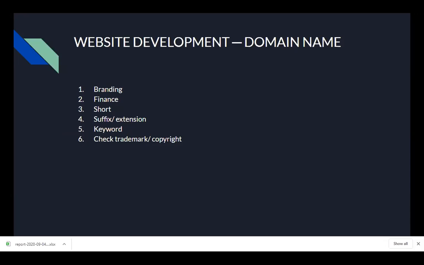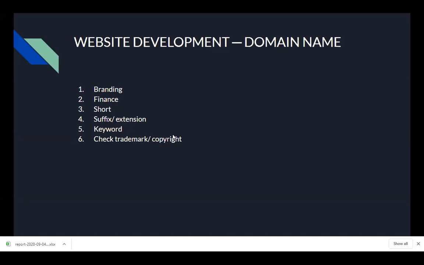Sometimes it's good to be unique as well, like Google, Yahoo, Tencent, Taobao. All these words can be quite unique in themselves, but not too unique that people don't know how to pronounce it or write it. Then it's very difficult for you, and no one will search for it. Then the extensions: do you want a .com or .com.sg or .sg? All these matter. For the keyword, like what I shared just now, go to trends.google.com to do a search,